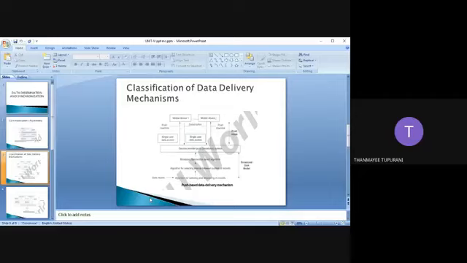Whenever we deal with this classification of data delivery mechanisms, we are going to see some fundamental information for the delivery methods that are established, like point-to-point access and broadcast.